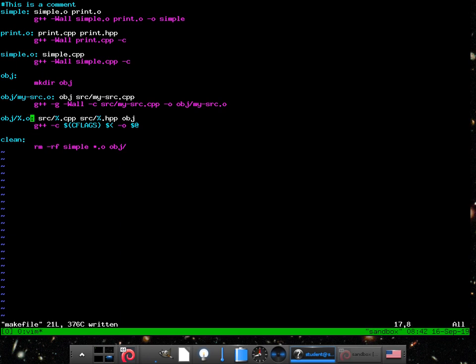The first thing I wanted to show you is that you can create basically a rule, or you can parameterize the options for a rule. So you notice up here we had print.o and simple.o. It would be pretty nice if we could have one rule that always generates an object file from a CPP file. It wouldn't have to write a rule each time. So notice up here,